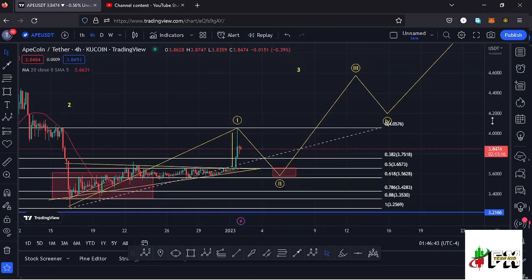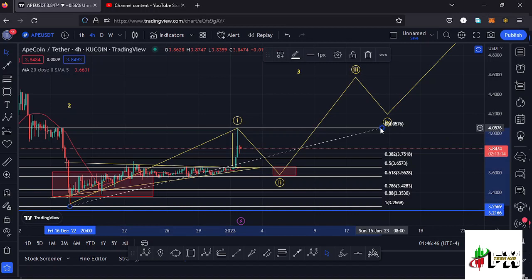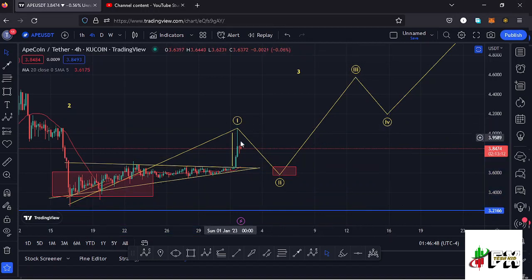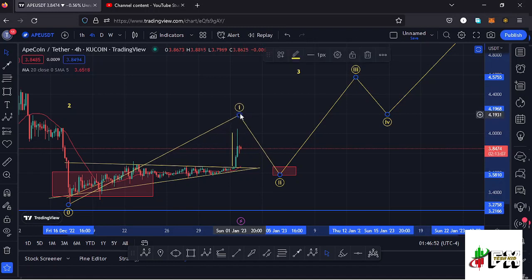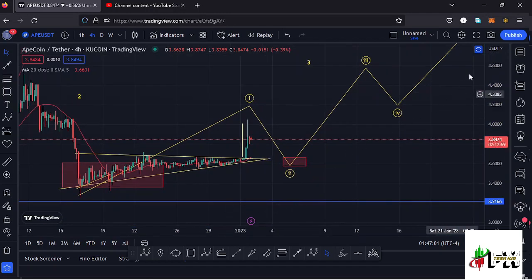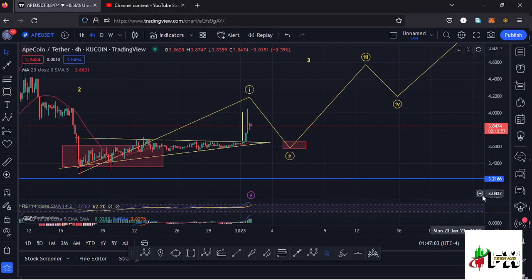And once that happens, then we can expect an impulsive movement to the upside in the formation of that wave 3. But for now, we need to be a little bit patient, see whether we are going to manage to see another impulsive movement and maybe make a new high in the formation of that first wave. Then from there we can expect a bit of a retracement to the lower side in the formation of this second wave, and also taking a look at the indicators to see what movements will be supported here on the